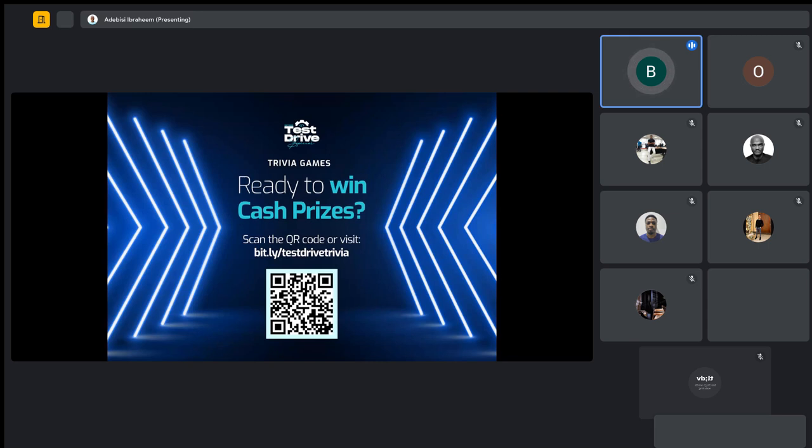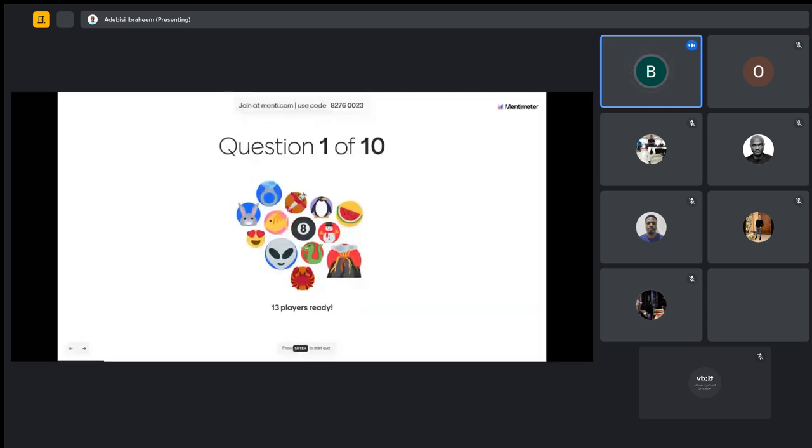So the link is in the chat box. For those that want easy accessibility, you can get the link in the chat box and join the game before the game begins.